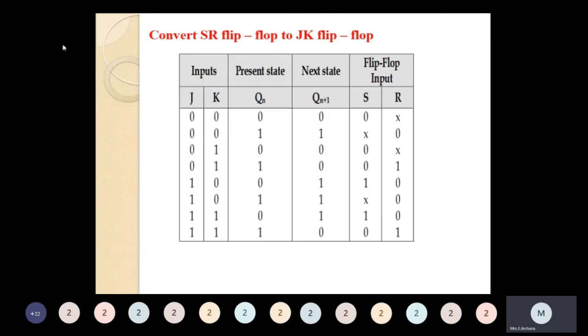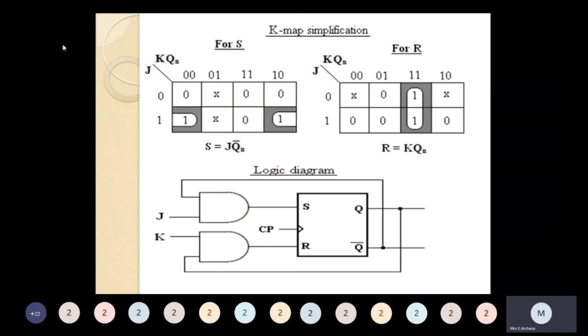So the characteristic table of a JK flip-flop consists of JK inputs, present state Q of n and next state Q of n plus 1. With the help of present state and next state of JK, that is Q of n and Q of n plus 1, we have to use the excitation table to fill the flip-flop inputs S and R. The next step, we have to find the K-map simplification, find the equation, and then draw the